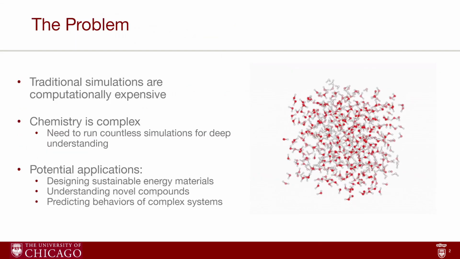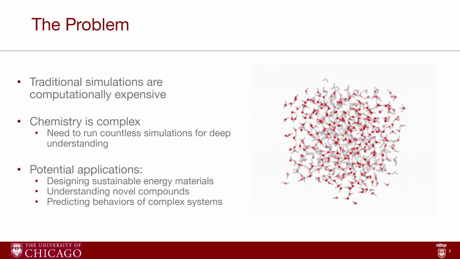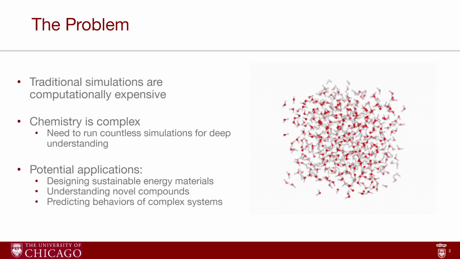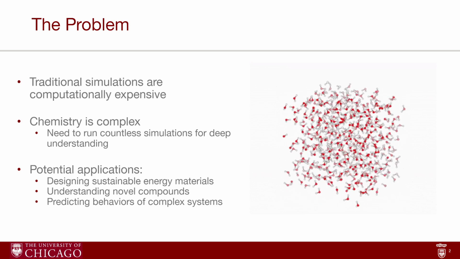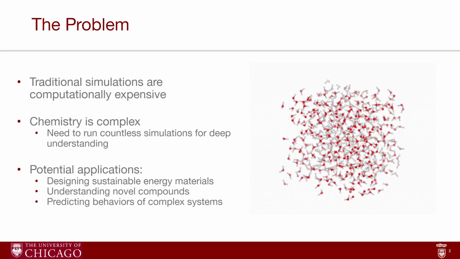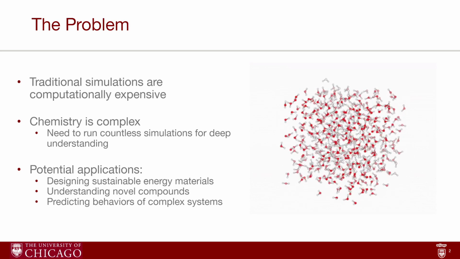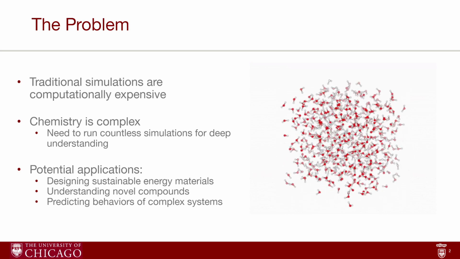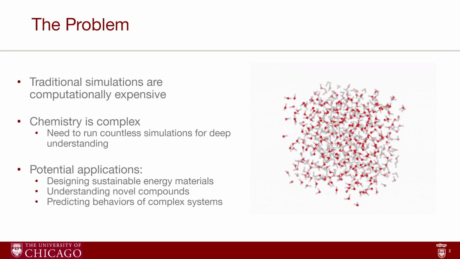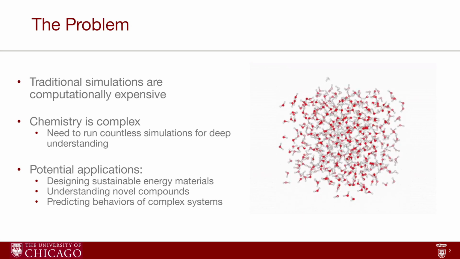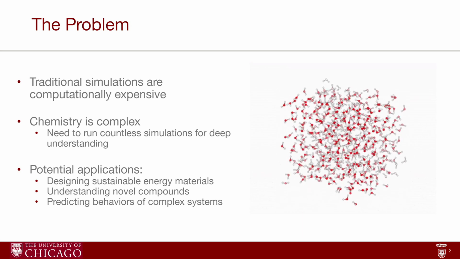So why do we need fast molecular simulations? The problem is that traditional molecular dynamics simulations are computationally expensive, but to further our understanding of these interatomic interactions, we need to run as many simulations as we can. From designing new materials for sustainable energy to understanding the fundamental behaviors of new compounds, rapid and accurate simulations can greatly accelerate our advancements in these fields. By making these simulations faster, we can explore more scenarios, optimize processes, and predict behaviors more efficiently, leading to quicker